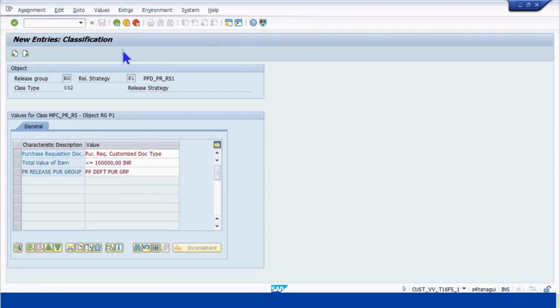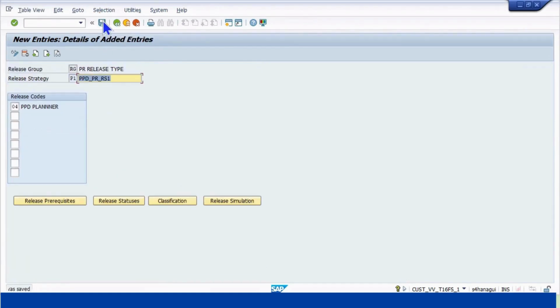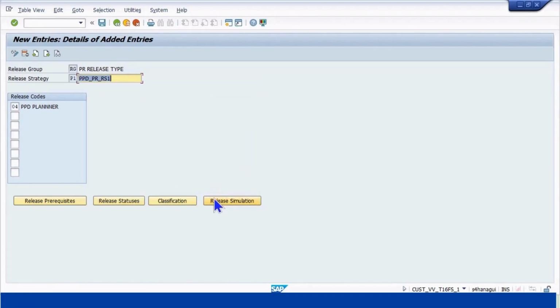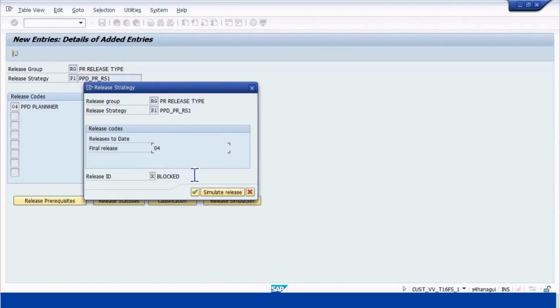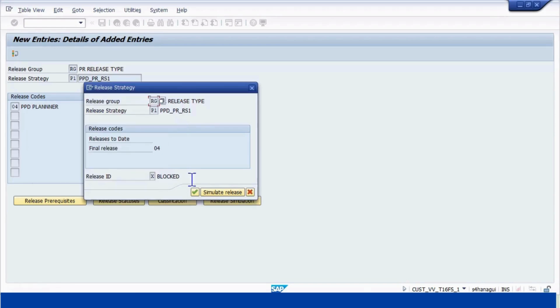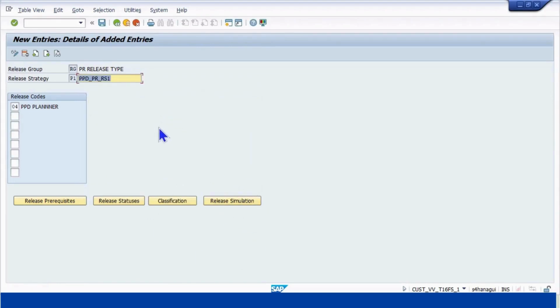Go back. Save it first. Then go to the release simulation. Click on this. Click on this. Click on this. Click on release simulation. Initially it will be blocked. Click on this and then set release. Release. This is to see if the release strategy is working fine or not. This is a simulation. Okay, now